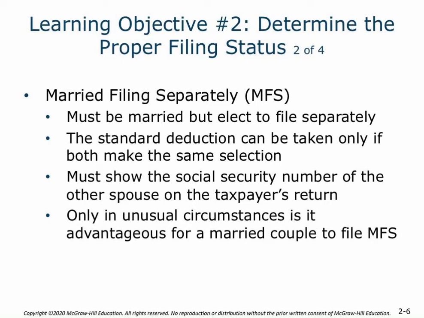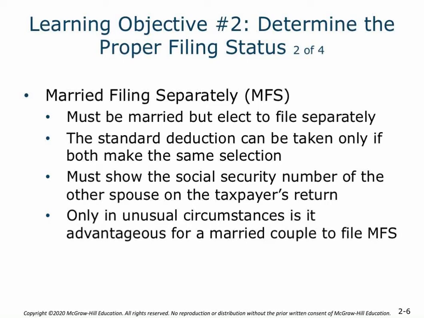So the standard deduction would be taken as if they were single, essentially. You're going to be splitting that married filing jointly standard deduction. Usually there are unusual circumstances that make someone intentionally want to do this. One aspect might be difficulty getting access to information from the spouse that's required on that reporting. So if you're going through a divorce or something like that, and the spouses are closing off,